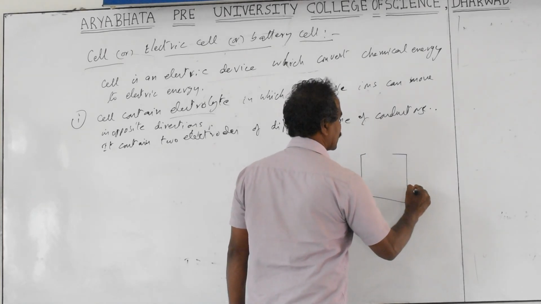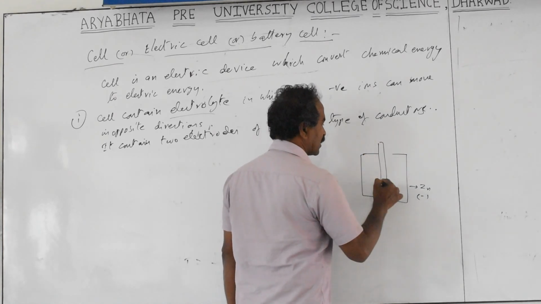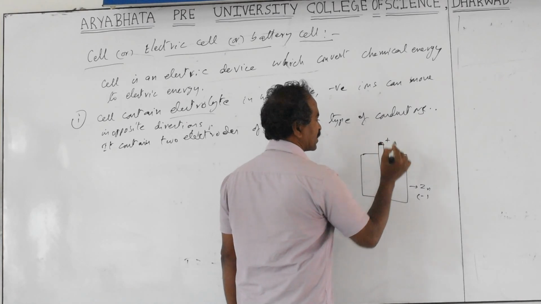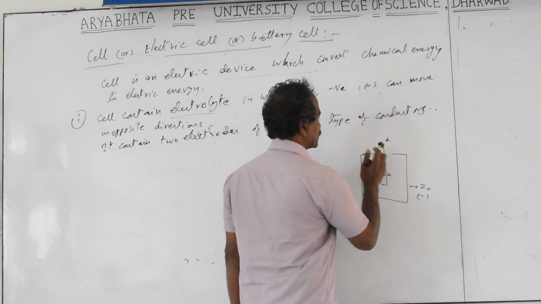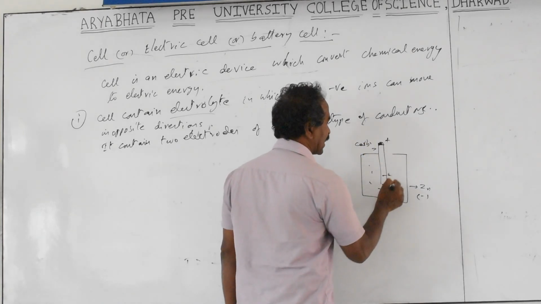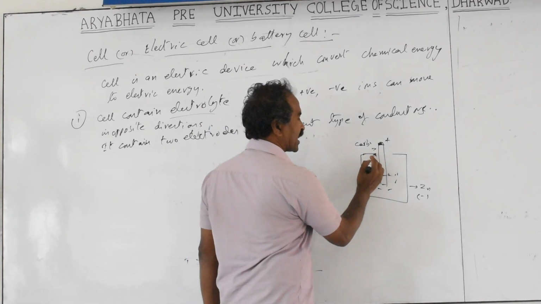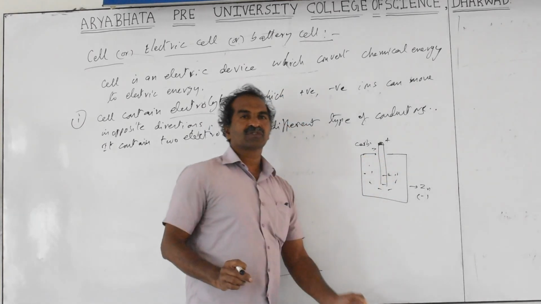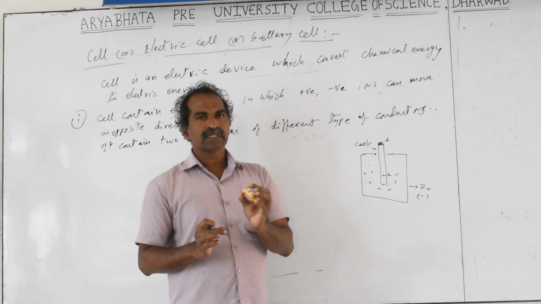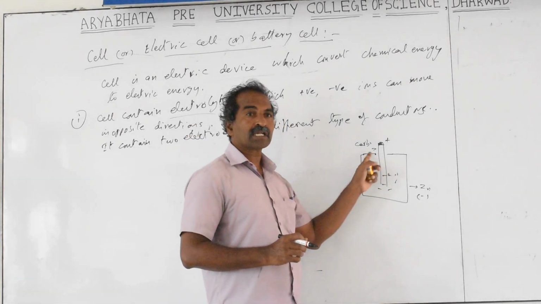That is the negative terminal, which means it contains zinc. This is zinc, the negative terminal, and in the center we have the carbon. This tip is taken from the carbon, and this is nothing but the positive electrode. The carbon rod is used as the positive electrode, and you will find the electrolyte in between. The zinc container and the carbon should not touch; they should be isolated with the help of insulators. Cardboard was used, but plastic can also be used, so that these electrodes do not touch each other anywhere.